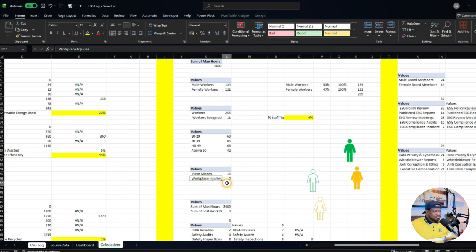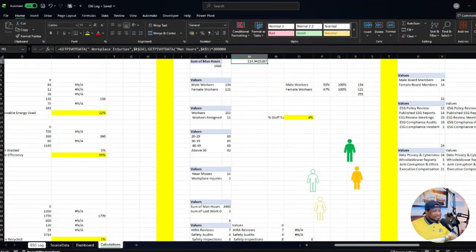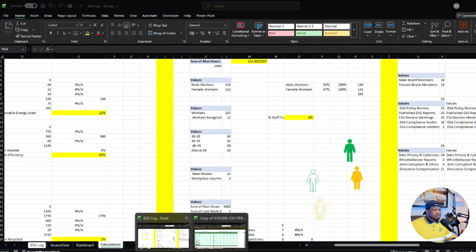Okay, so how do we estimate lost time injury frequency rate? That's our workplace injuries divided by man hours multiplied by 200,000. So that's pretty much what it is over here. So this is for our lost time injury frequency rate. Okay, and then the other one is